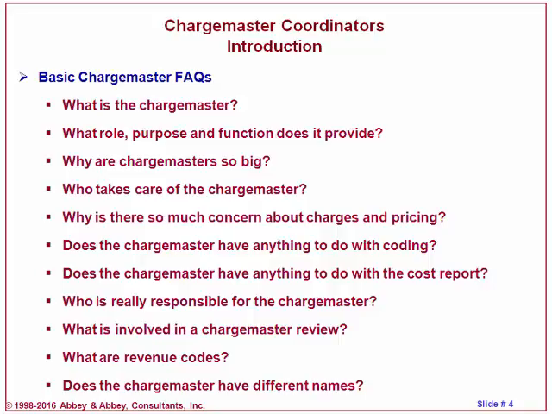Normally, and I use that word advisedly, but normally it's what's called a flat database. In other words, it simply is a listing of the charges that are being made. Now, of course, for each line item, there are certain things that you have to have, certain things that you need to consider, and these are the kinds of decisions that you will have to make as a Chargemaster coordinator. Is, well, what should the description be? What should the revenue code be? Do I want to put a CPT